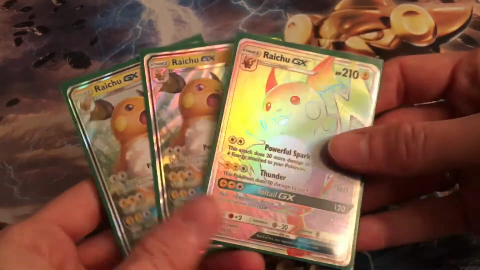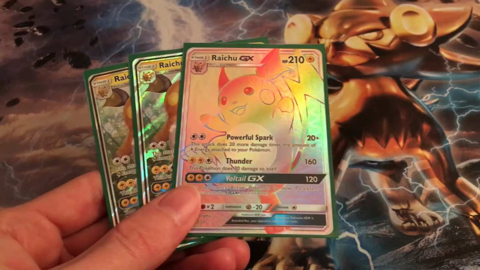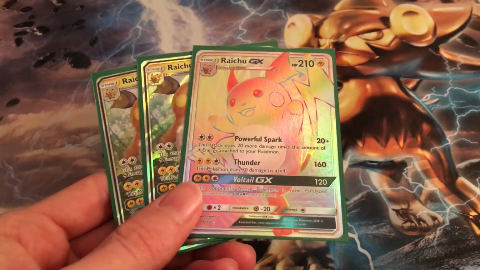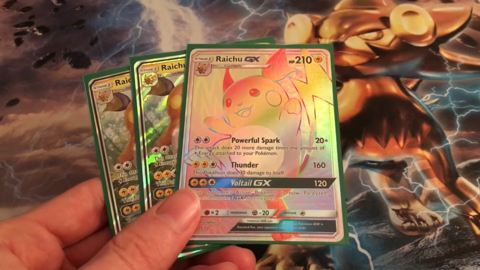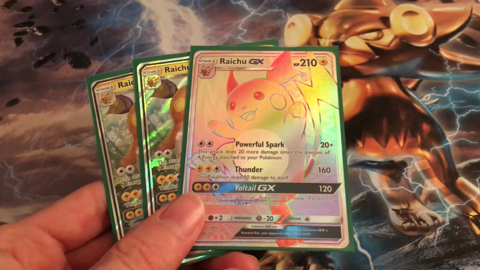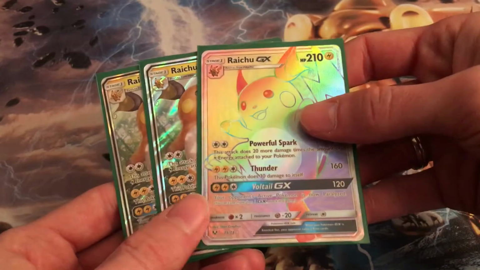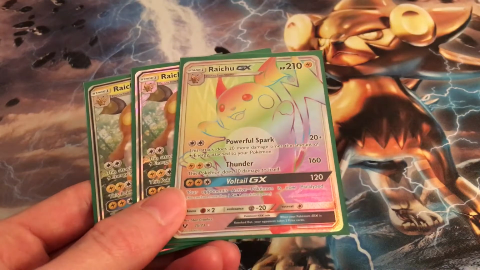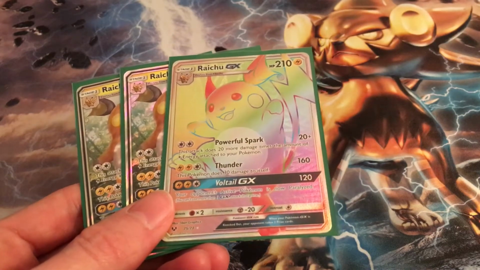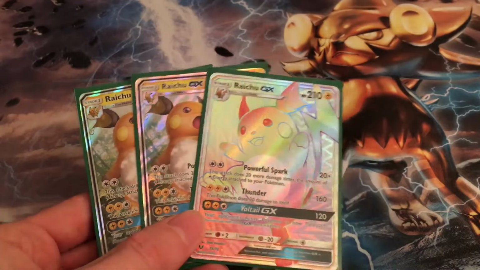So we're running 3 of Raichu GX, which is, really quickly for the uninitiated, 210 HP, a Stage 1, and the attack you really care about is his first one because it's 20 base damage and then 20 more times the amount of lightning energy on all your Pokemon. So the plan here is pretty simple. You just get as many lightning down as humanly possible and deal big damage. And yeah, you have a 160 attack and your GX can guarantee paralysis. There are a lot of ways around that for your opponent though,